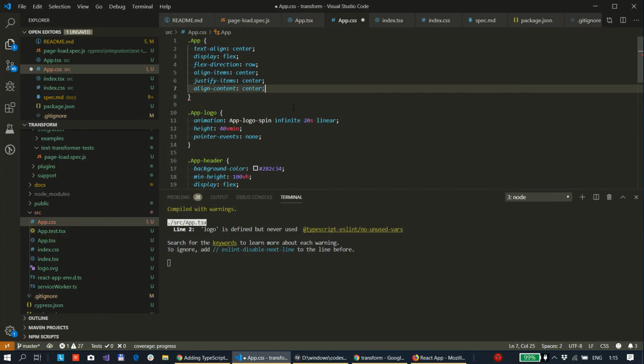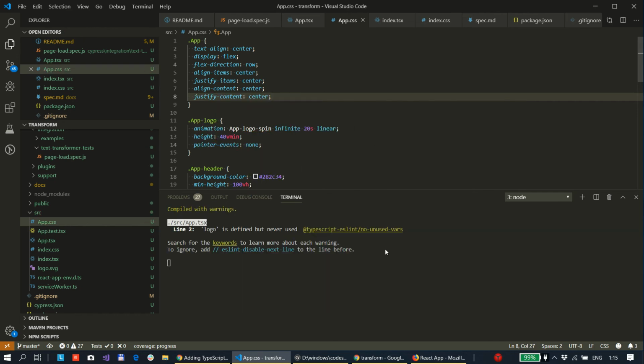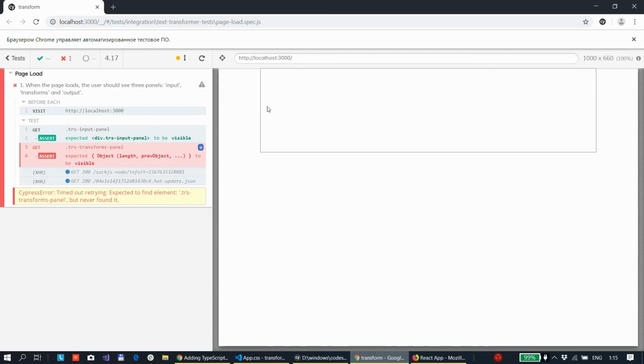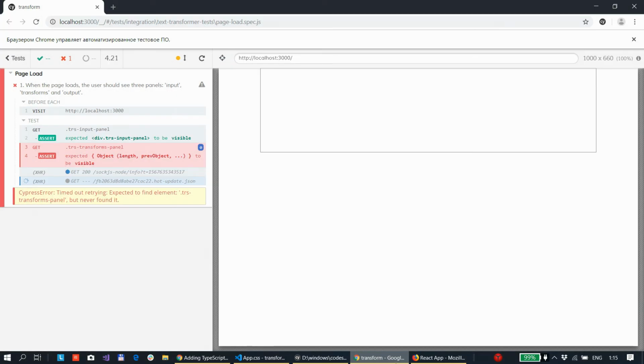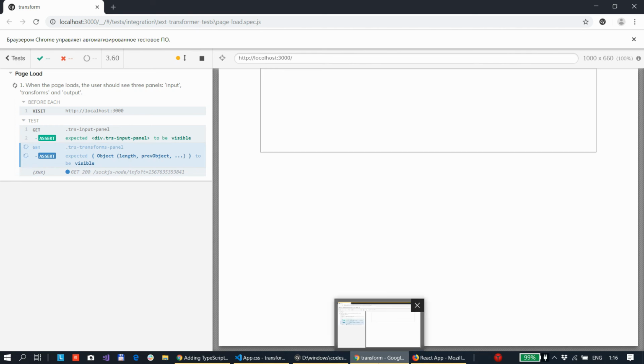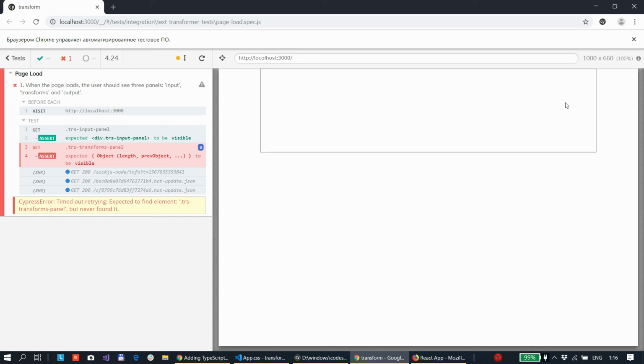Okay, align content center. Justify content center. Yeah, now it's working like this. Which one actually centers it here? I think justify content, yes. I think justify content will center it on the x-axis. So anyway,